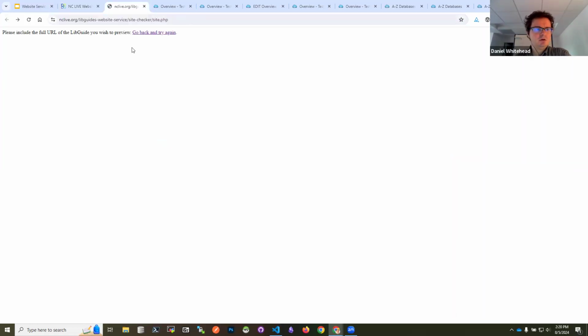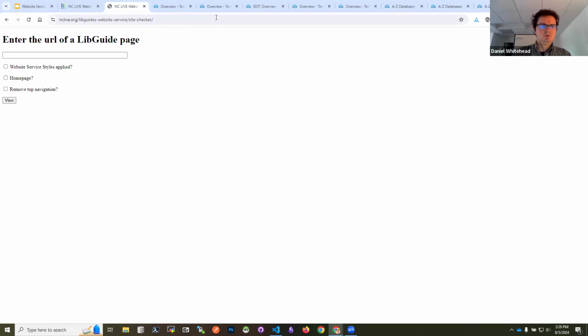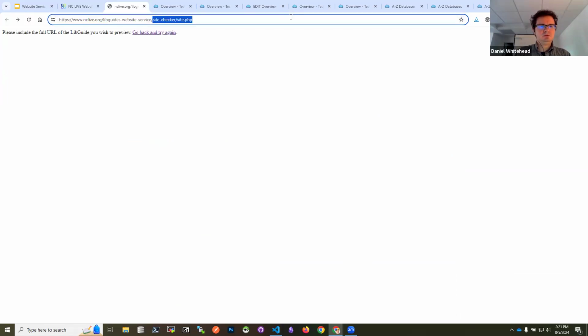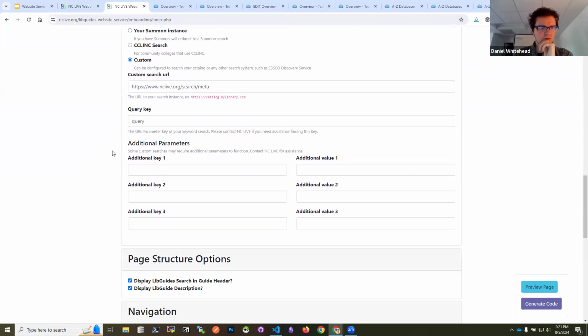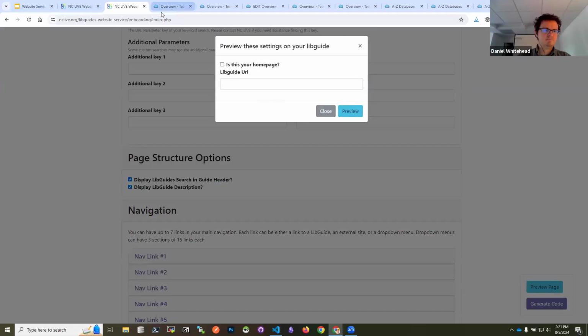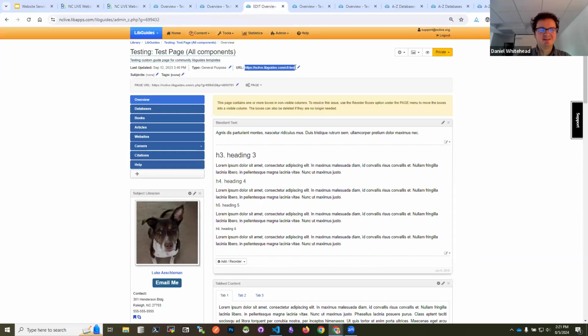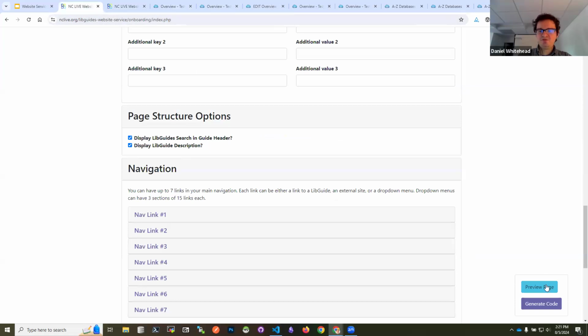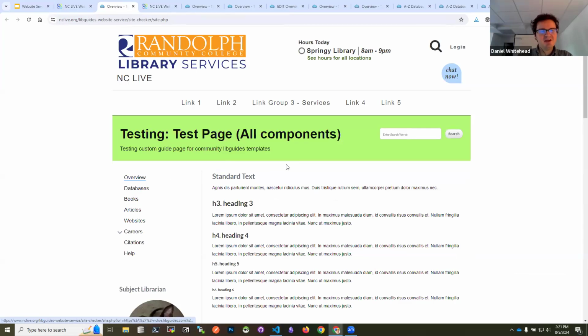So let's go here. That is not the right URL. It's onboarding. If we go here, you'll notice we've got these two options, and when we go to preview the page, well, this one saved it. So what that's referring to is this big, in this case, nice lime green section where we've got the side search here